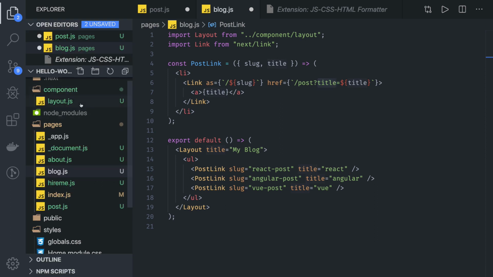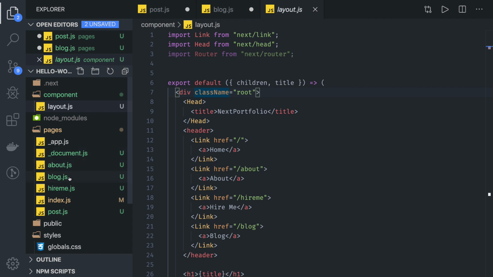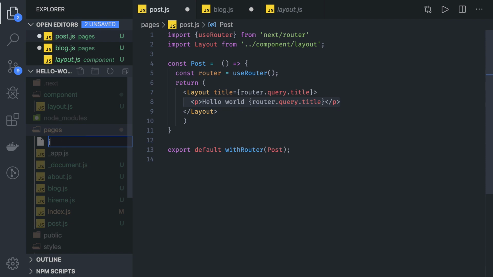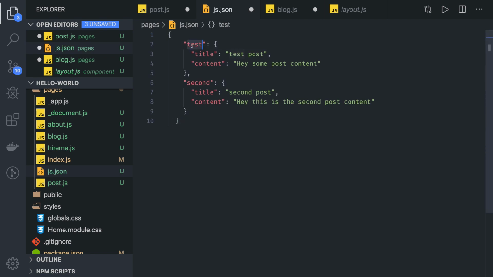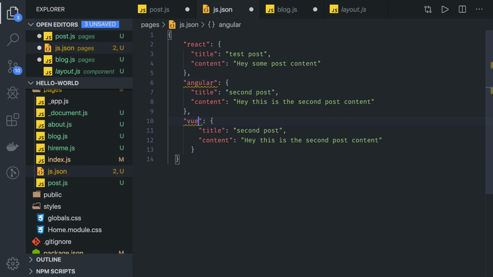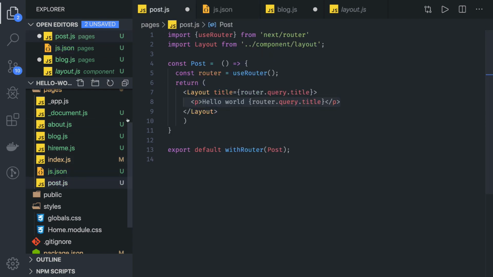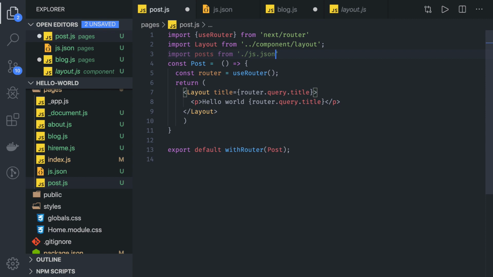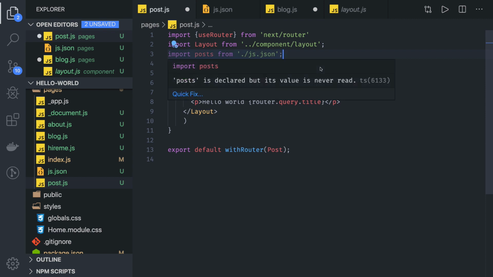Now I will go to the blog component, and here we can have one simple JSON. In that JSON we will have all these properties, because based on the query parameter we need to populate some data, right? So we can create a frameworks or js.json, something like this, and it has React, consider there is an Angular and there is a Vue.js, simple JavaScript. This we will be importing. So I am importing this in post.js, import posts from, and I can just specify the JSON, js.json. Now I got all the posts, and based on title